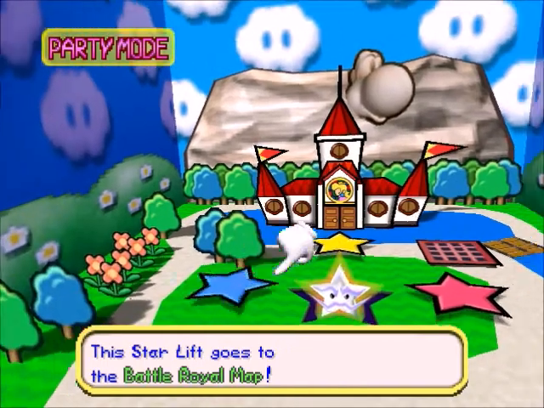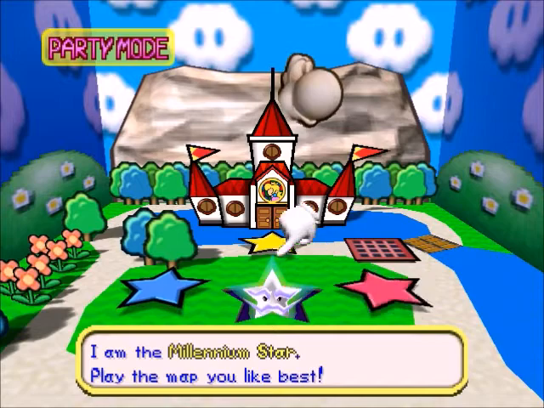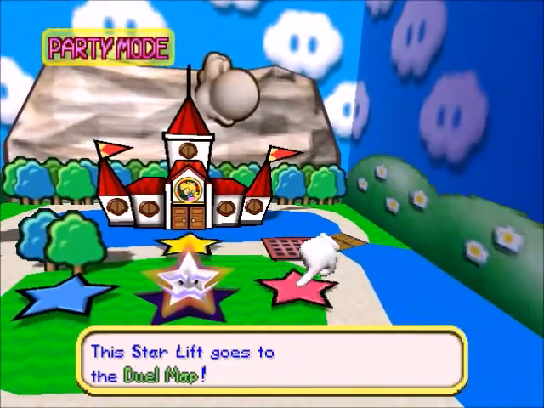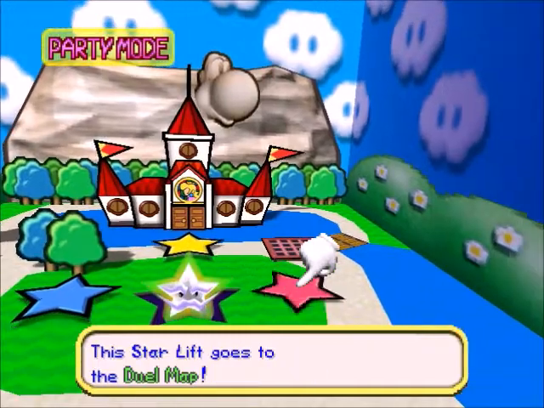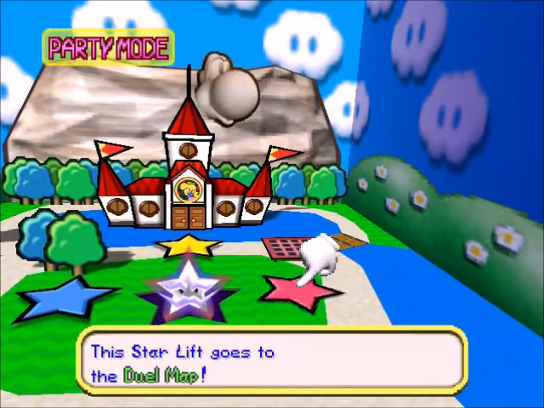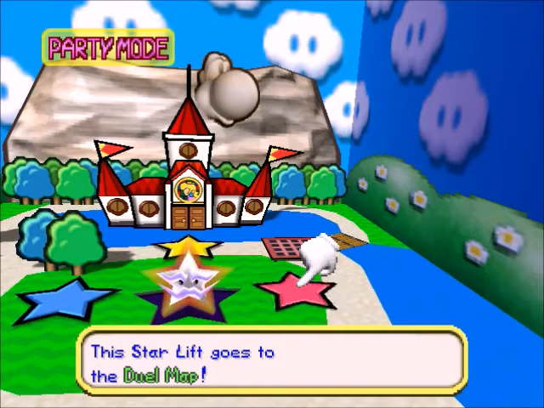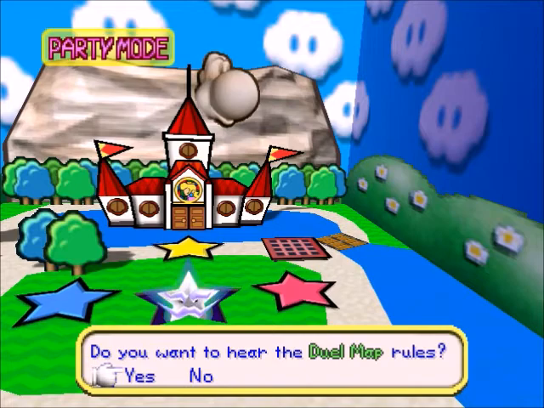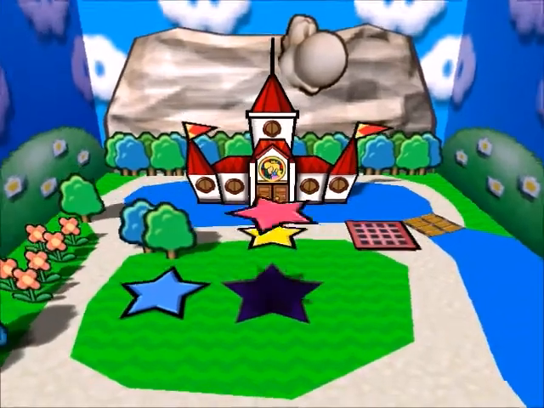I bet you guys thought that we were done because we did Waluigi's Island, the last Battle Royale map. But you are quite mistaken. We've got dual maps to cover. I believe there are 4. I'm not entirely sure, but we will be covering dual maps at this moment. Just kidding, we're going to go over the rules because I'd rather not have to explain all the inner workings of dual maps, so let us listen to the conversation